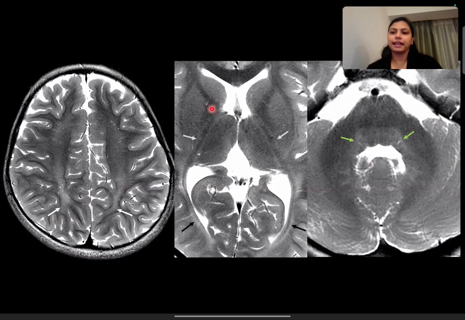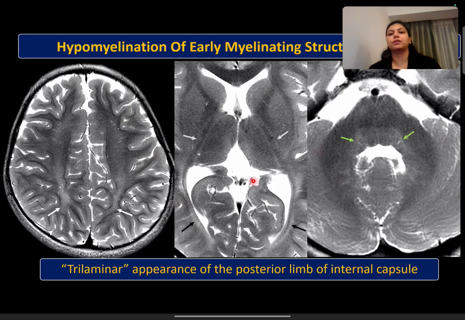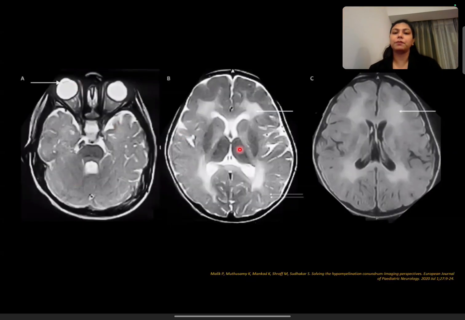This is not Salla disease, but here only, yes, very good. Here only the early myelinating structures are involved. So this is EMS, that is hypomyelination of early myelinating structures. Remember the trilaminar appearance of the posterior limb of internal capsule in this case. Then this is a case where we have cataracts, we have diffuse hypomyelination, and more conspicuous hyperintensities in periventricular white matter. So this is a case of,